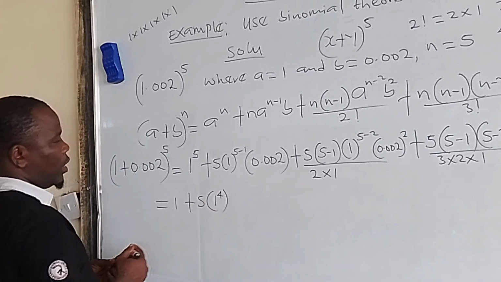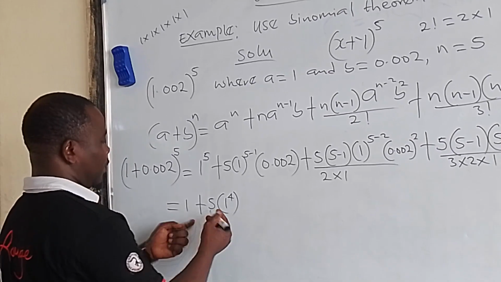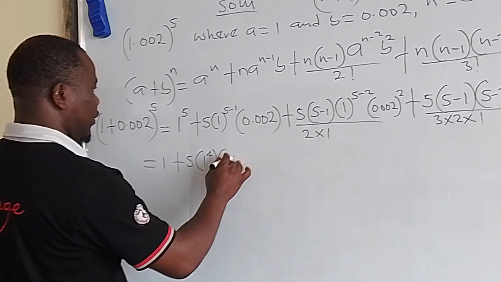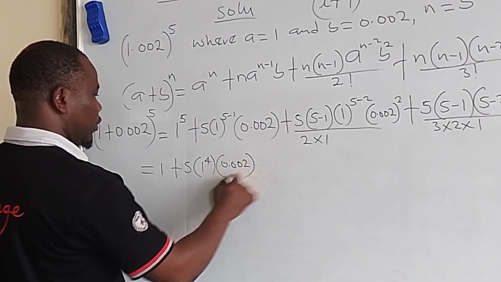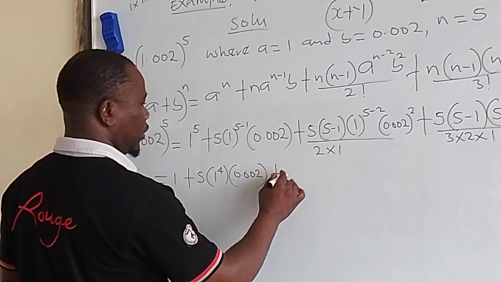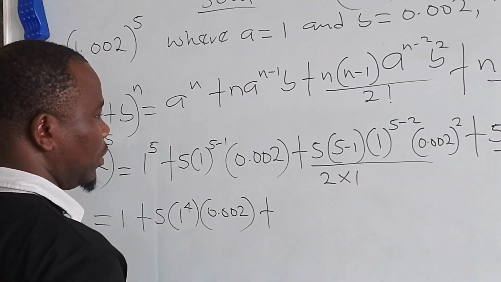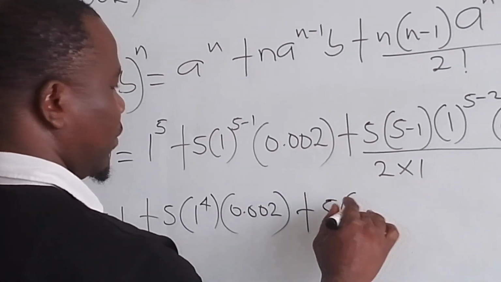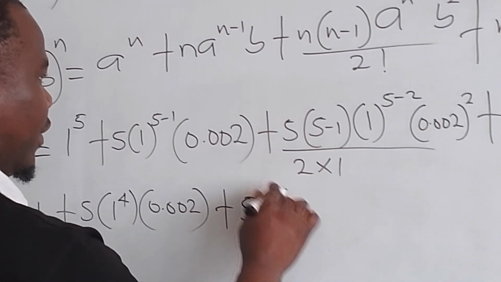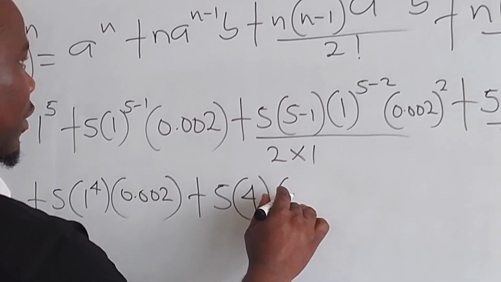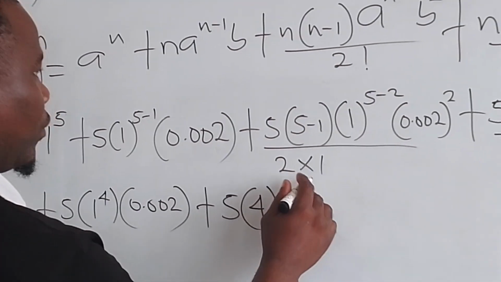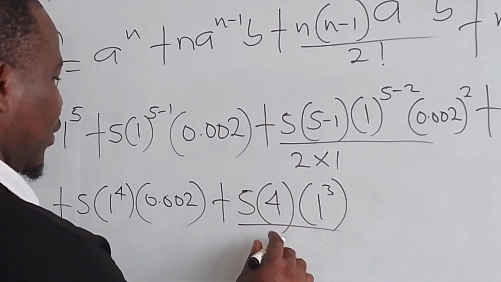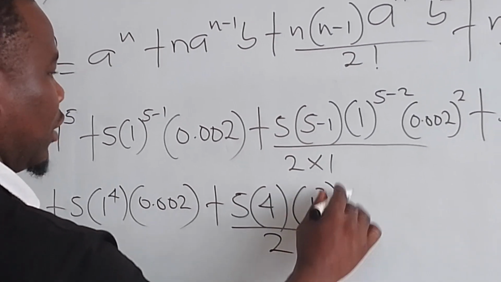So should we continue like this? Okay, let's break it down gradually. So this is times 0.002, plus 2 times 1 gives us 2. True or false? Then 5, all in bracket 5 minus 1 is 4. Then all in bracket 1 raised to the 5 minus 2, 3. So 1 raised to the power 3, all over 2 times 1, which is 2. Amen. And plus